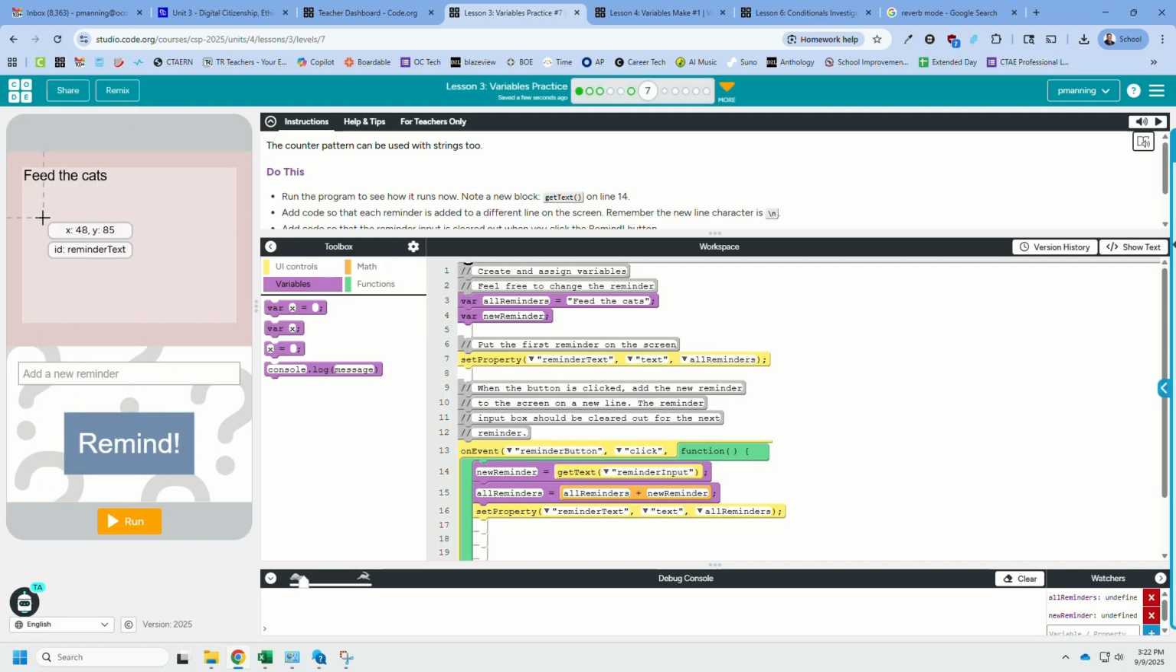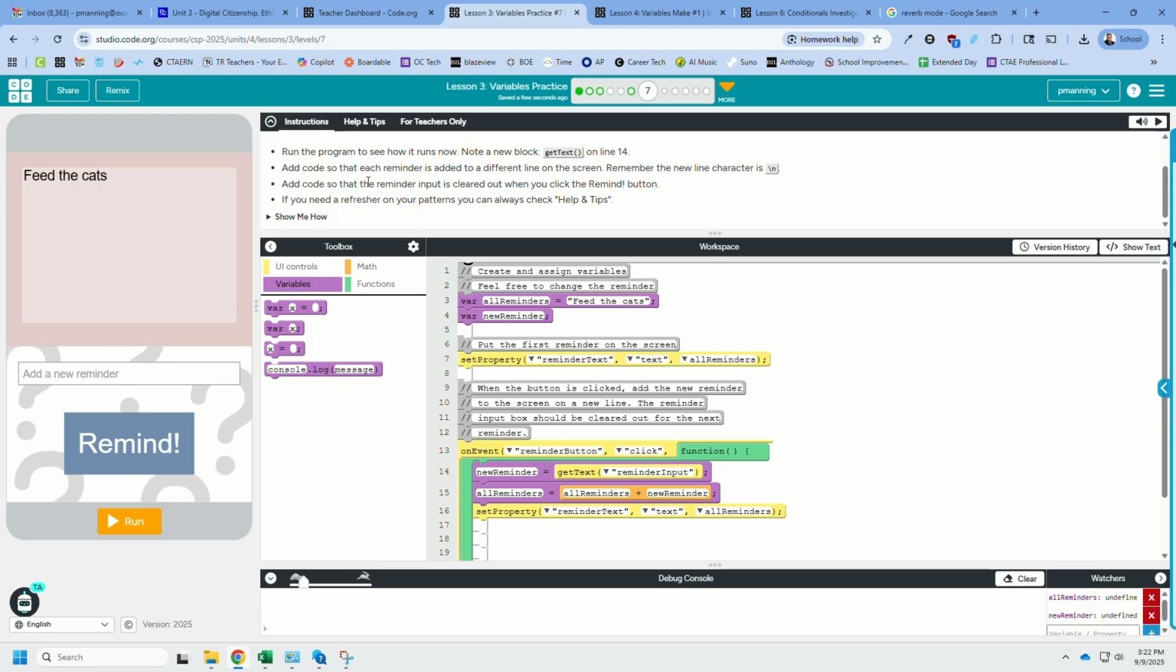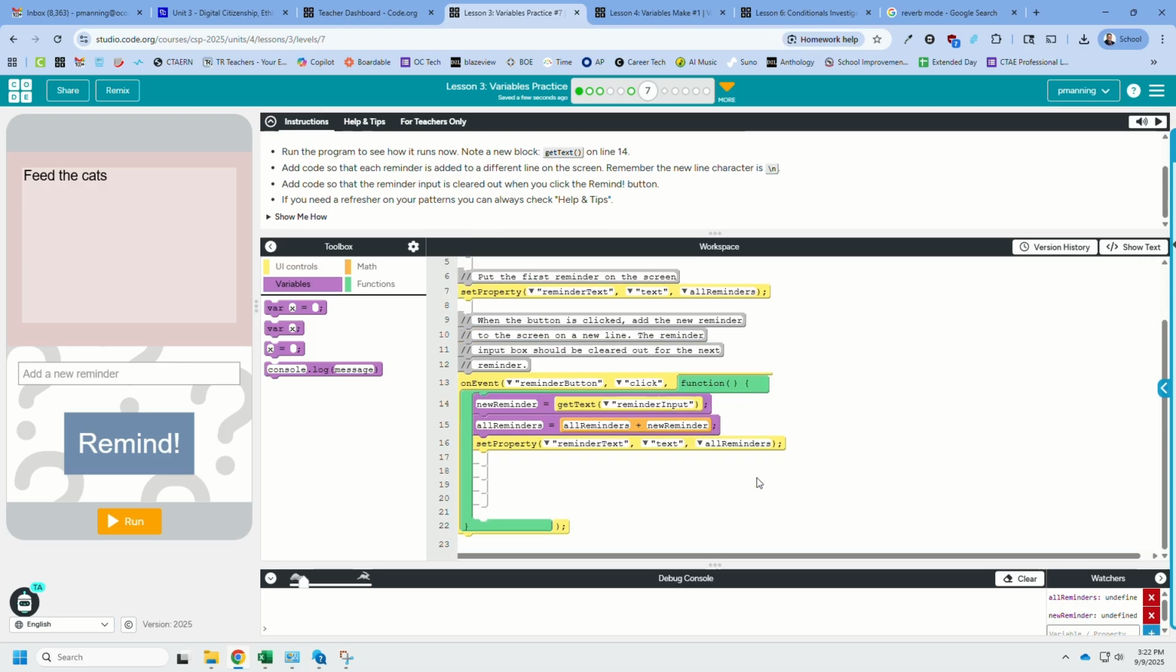Okay, we want to feed the cats. This is our reminder app. It's showing us a new block. So we can use this cool tool called get text. It will pull text from an input field and store it in a variable for us or put it directly